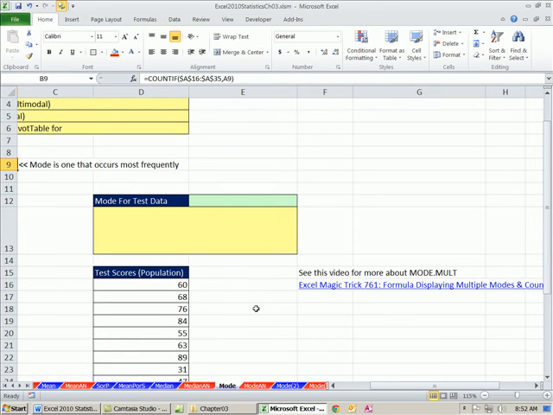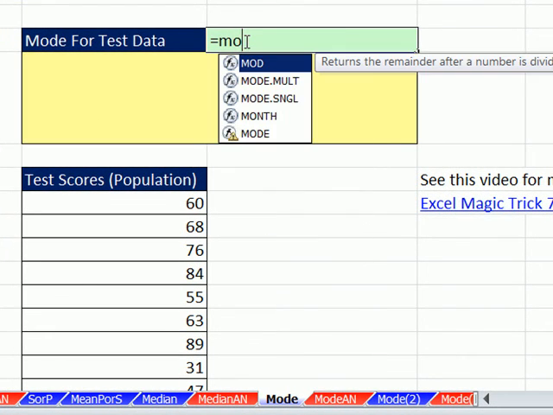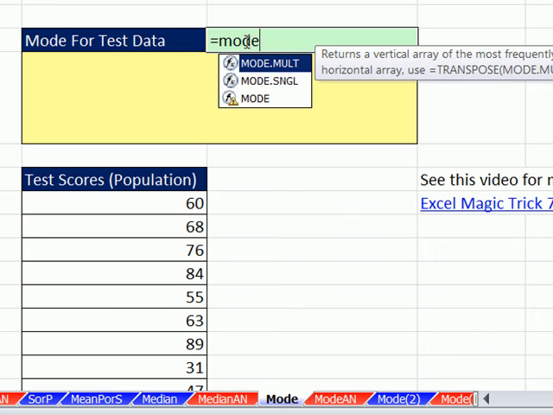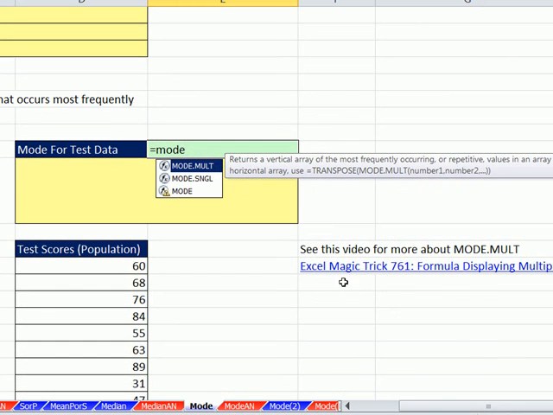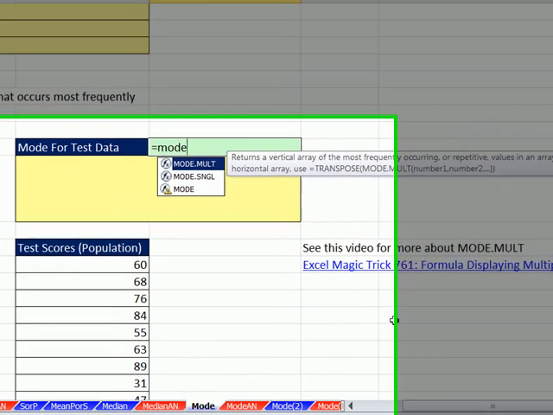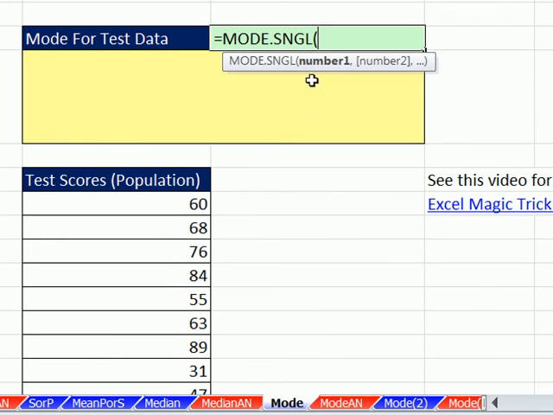We have to talk about what happens when you have more than one mode. Now let's go ahead and calculate using the MODE function. Now, MODE only works on quantitative data, right? It has to be a number. There's MODE.MULT. We're not going to do that one in this class. That's for multiple modes. You can search at YouTube for Excel Magic Trick 761. I talk about the MODE.MULT. We're going to use the MODE.SNGL. Now, the difference between single and multiple,